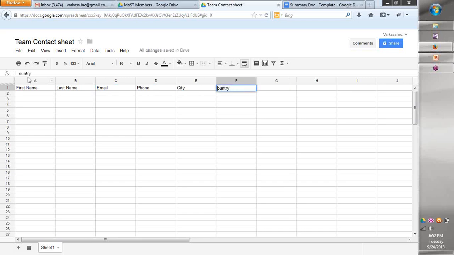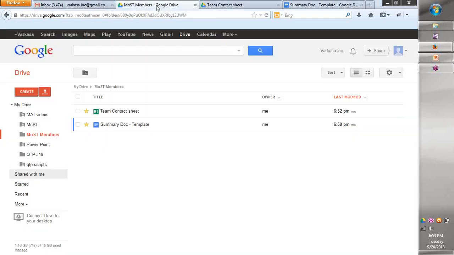The reason I want to do this is so that you know who all is there, who they are working with, and so on. Any of you who does not want to be part of this team contact sheet, please let me know. I will make sure that you are not on it. But at the same time, you should not try to get in touch with other members. This is just for offline interaction so that you all can be prepared.